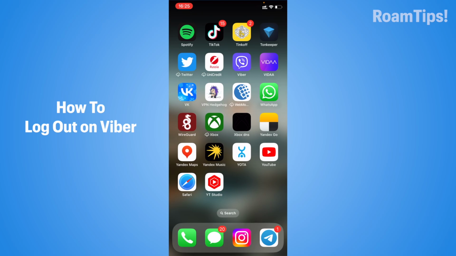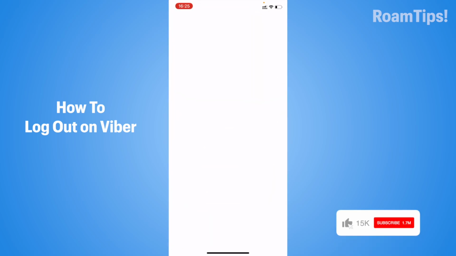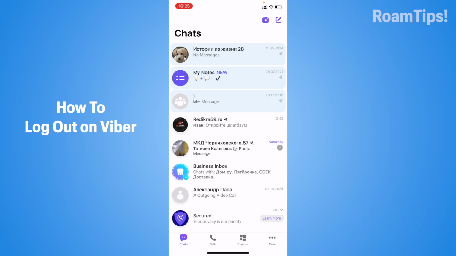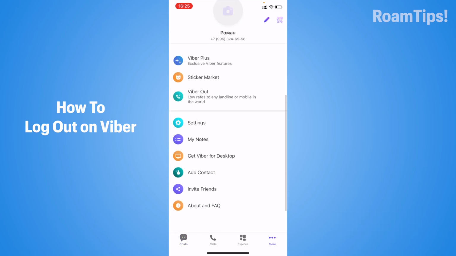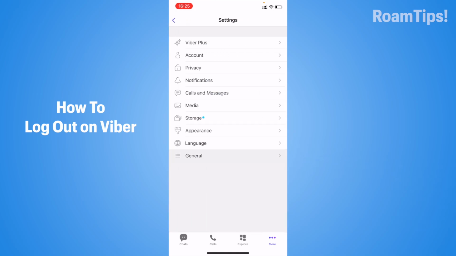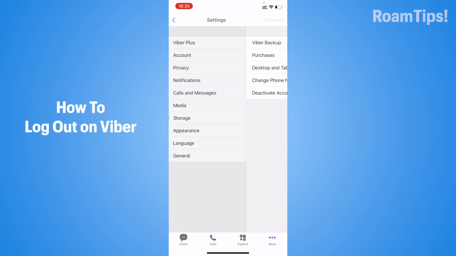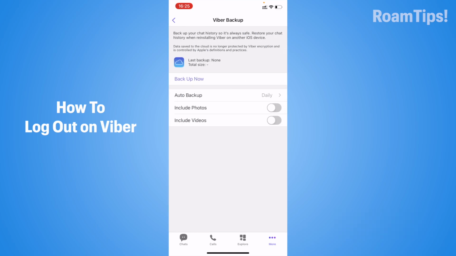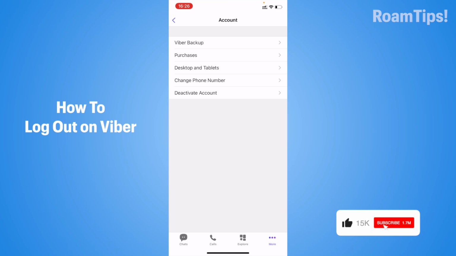Alright, open Viber and click on the three dots in the right corner, or More, and click on Settings, General, and click on Account, Viber Backup, and click on Backup Now. Alright, and click on back,